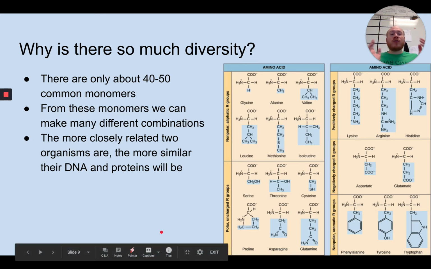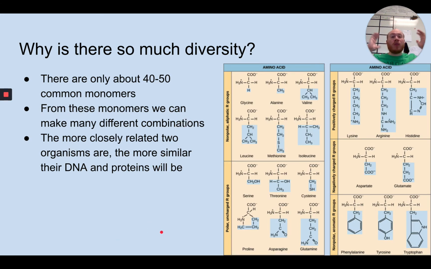So why is there so much diversity in organic chemistry? There are literally thousands upon thousands of different organic molecules, and our bodies don't make all of them. Some of them are made in other plants and fungi and other things that we don't make, but they're really important. There are only actually about 40 to 50 monomers across all the biomolecules. But what's really interesting is because there's a big diversity of them, monomers, like let's take amino acids. There are 20 essential amino acids. If you change the order and the number of different amino acids, it completely changes the structure of the polymer,